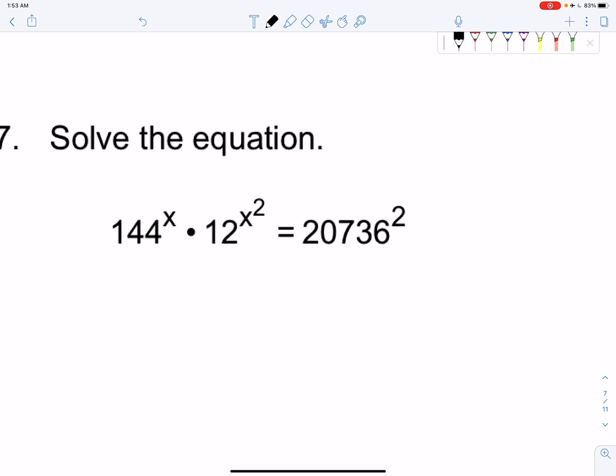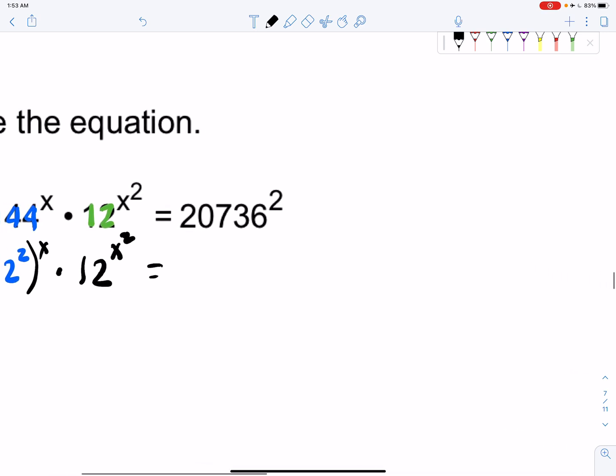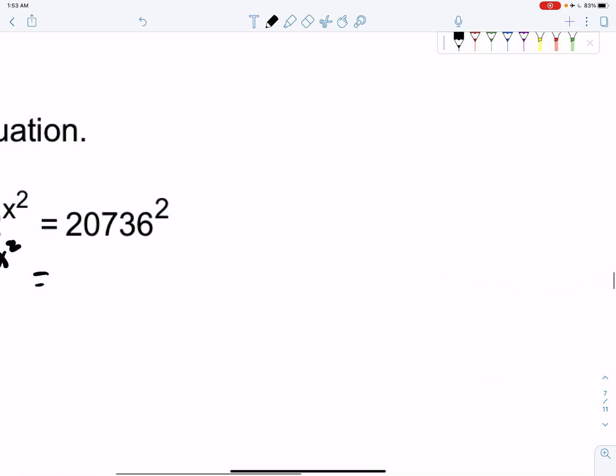Well, I'm seeing a base of 12. So I want to see, can I rewrite this as a base of 12? And I can. 12 squared is 144. And don't forget, you still had that raised to the x power. This is 12 raised to the x squared power. And now that beast right there needs to be dealt with. We have to figure out